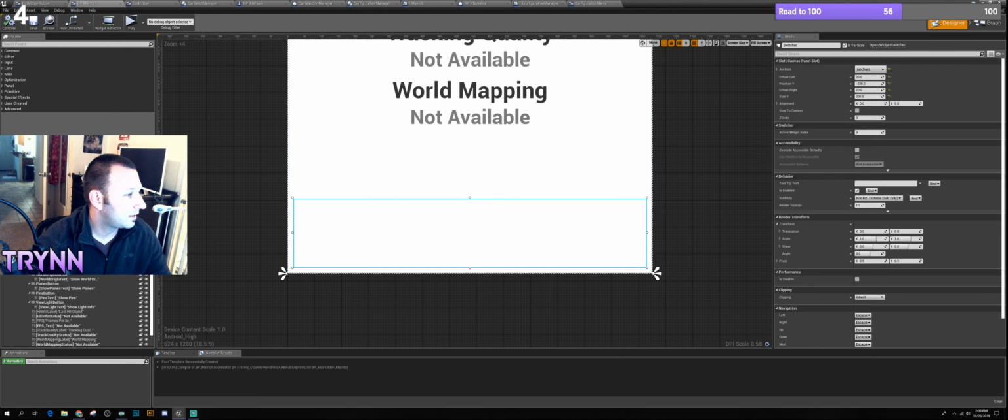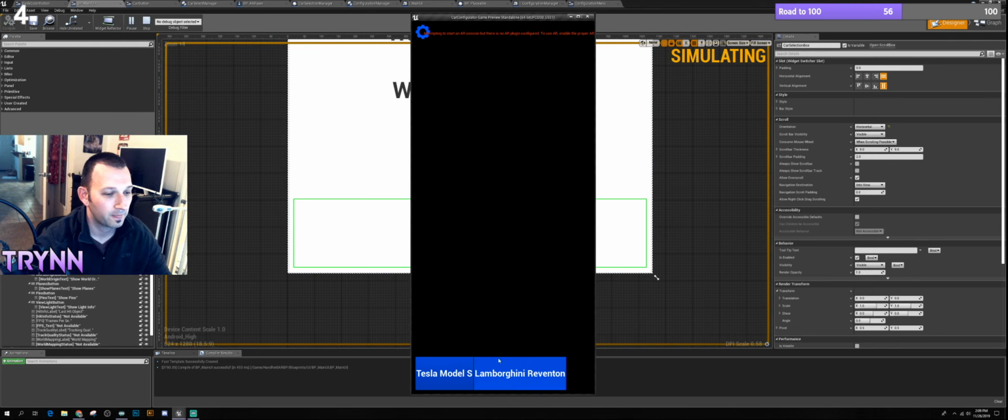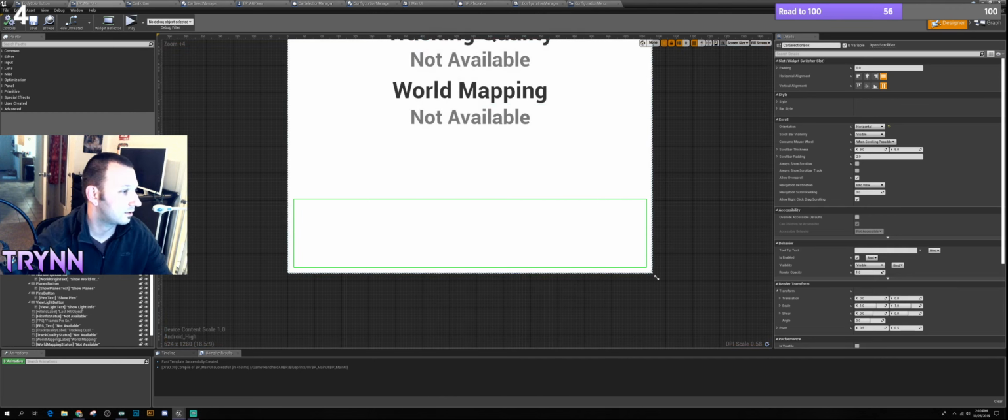I don't really like them the way they are because the scroll box is going vertically, so I want the scroll box to go horizontally. However, if I do that, go horizontal, those buttons are going to be way too long because, well, I mean, they're not bad, but it would be better if I stacked the text, right? So Tesla Model S would be down, Lamborghini Reventon would be on top of each other, so then I could go in here. But in order to do that, I have to